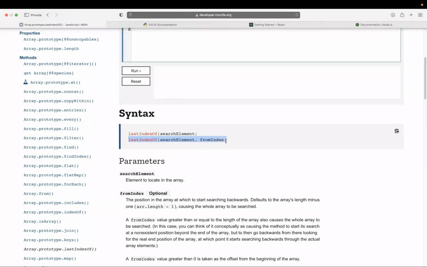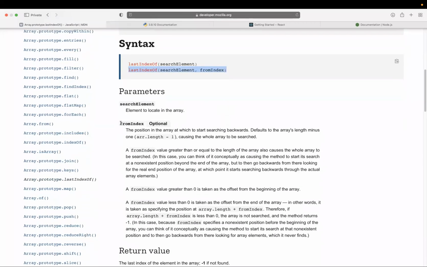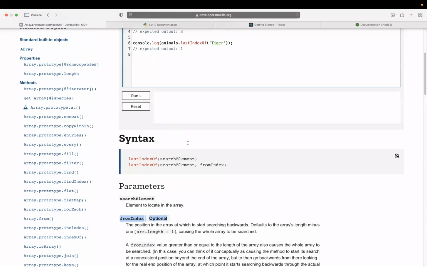What is this fromIndex all about? And you can also see that fromIndex is just an optional thing. Basically, fromIndex is telling you कहाँ से search करना शुरू करना चाहते हो, from which index you want to start your search. So if I write this one,